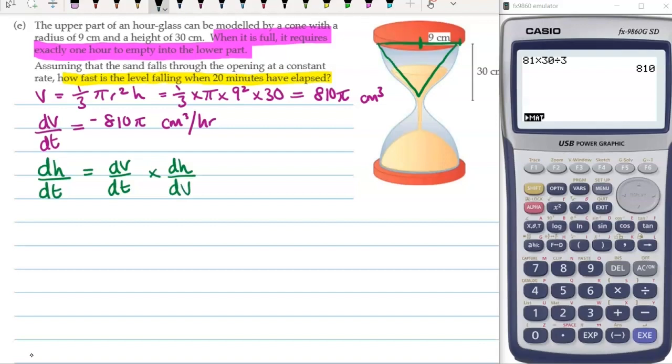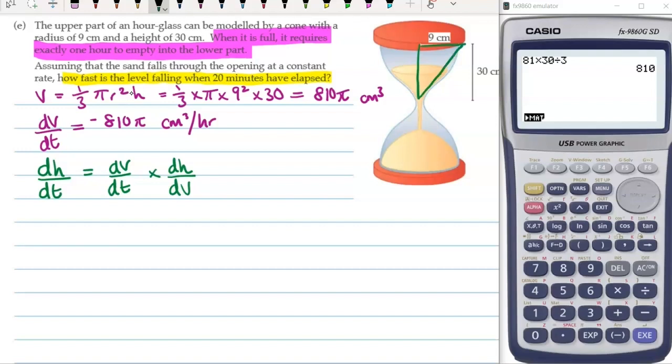So now we've got to work out something that links h and V together so that we can differentiate it and pop it into this bit of chain rule here. So we have got the formula for the volume up here, but the problem is it's got both r's and h's in. So if we can do something that represents r in terms of h, then we can have V all in terms of h. So back up to looking at this picture that we had up here,